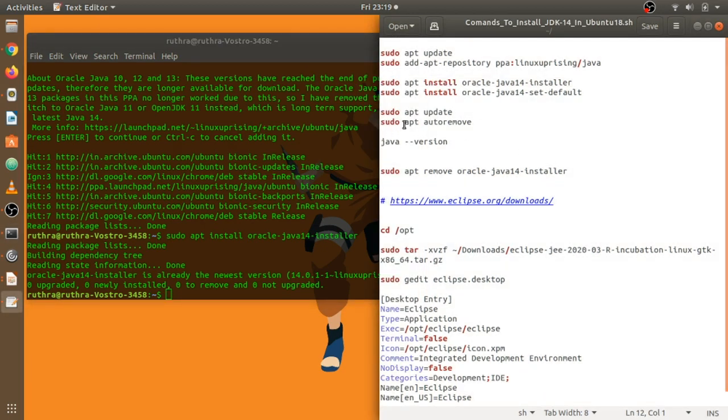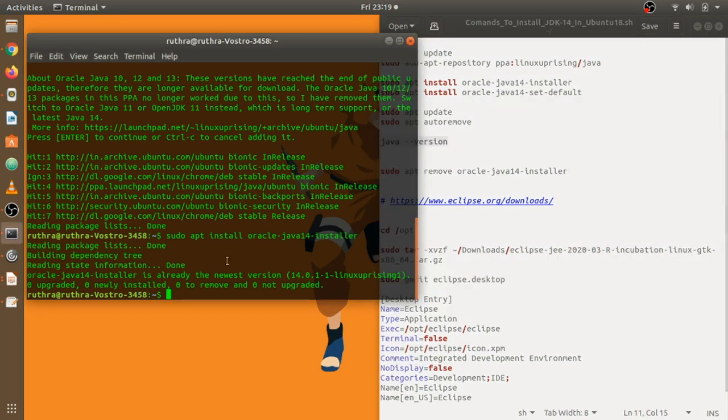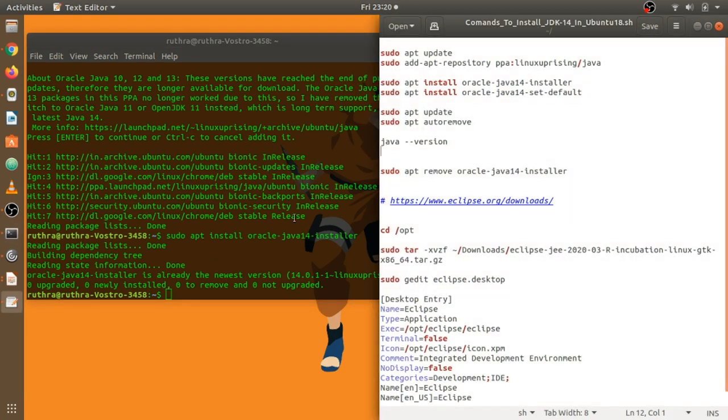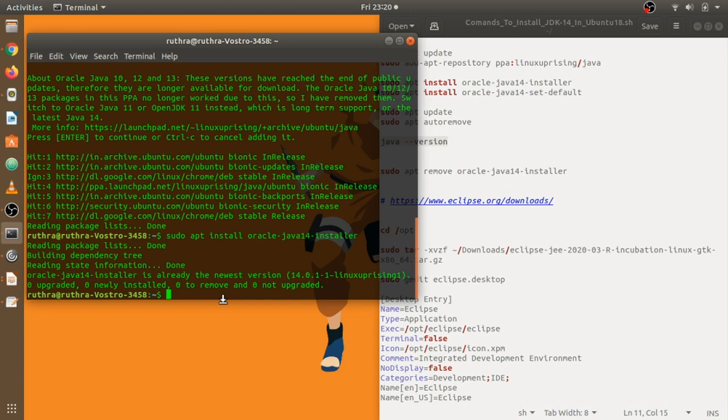Now this is optional, you can go for it. If you had previously installed a different JDK and are planning to set the newest as default, you can go for it. Now since JDK is installed, I will use this command to check whether it is installed properly or not.